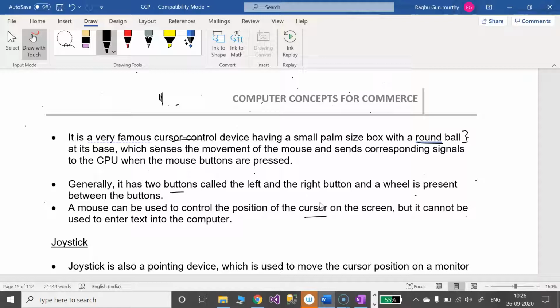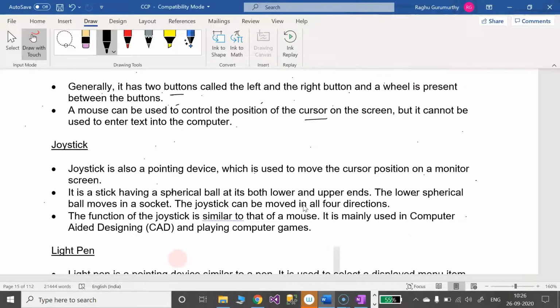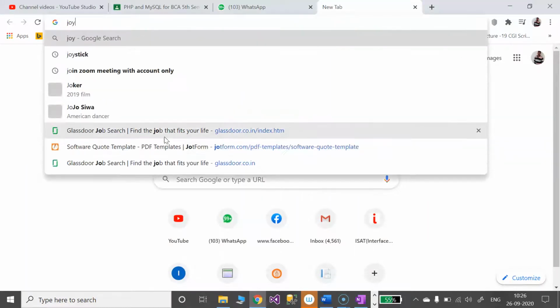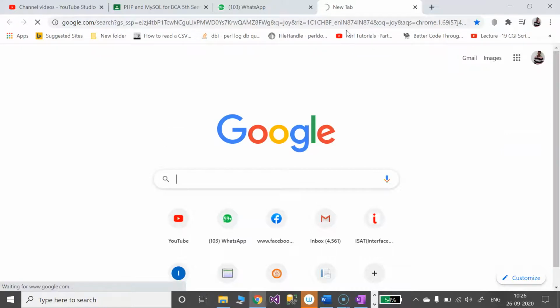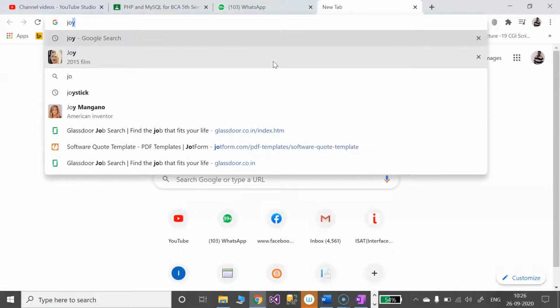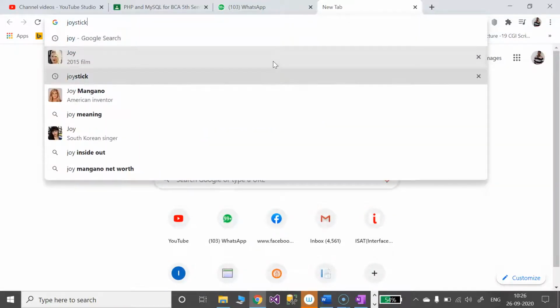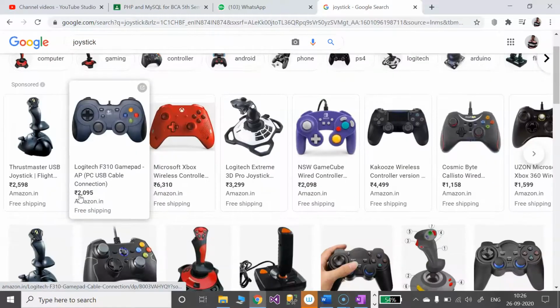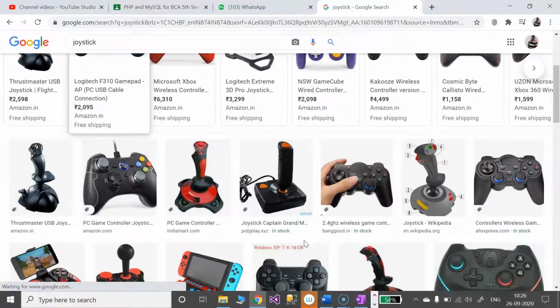Later we have the joystick. What do you mean by joystick? Joystick is meant for gaming activity. I will show how a joystick exactly looks like. We may call all these devices joysticks.